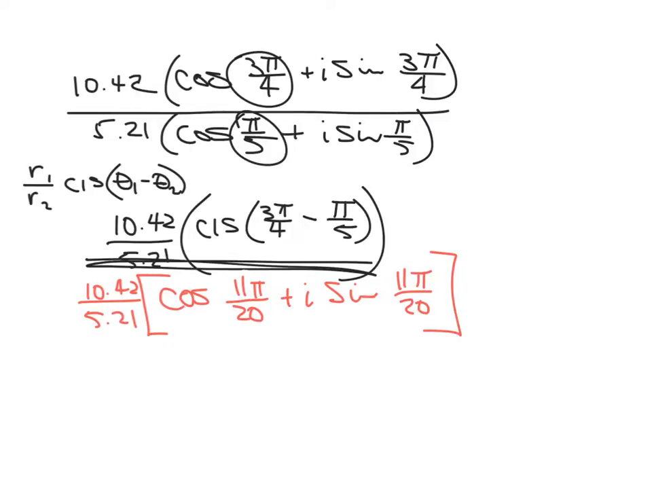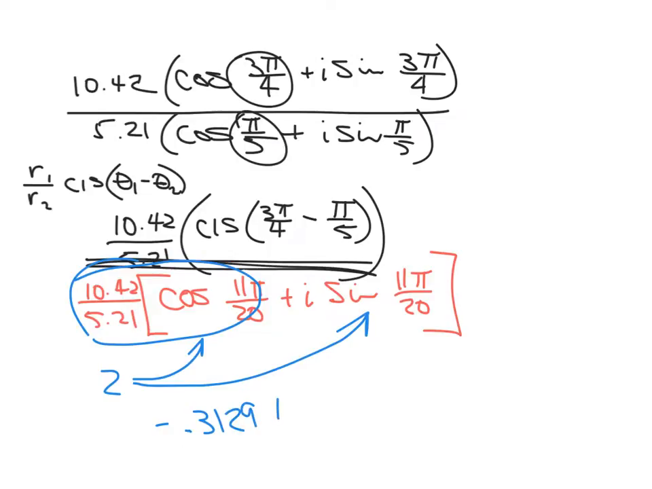Alright, so now what we're going to do is distribute. First of all, we're going to take our calculator and take 11 pi over 20, take the cosine. 11 pi over 20, take the sine. Distribute, or go ahead and divide this. Then distribute. Well, actually, that divided is just 2, isn't it? So this is just 2 times whatever the cosine of 11 pi over 20 is, plus I, 2 times the sine of that. And when we multiply that one out and distribute it, we get negative